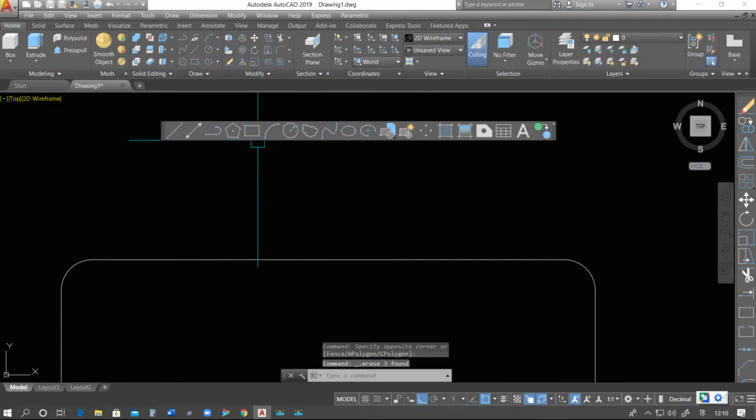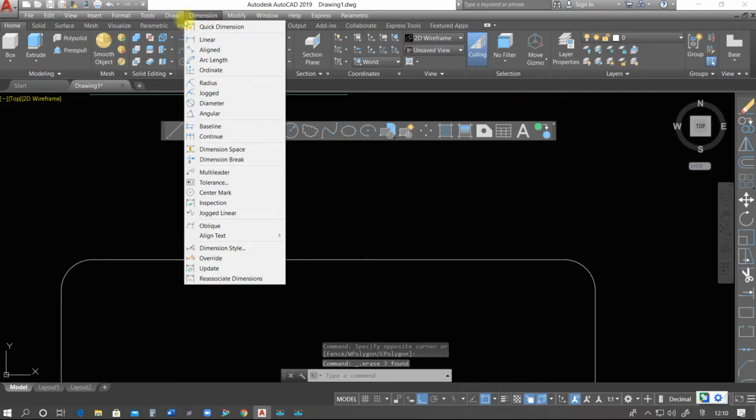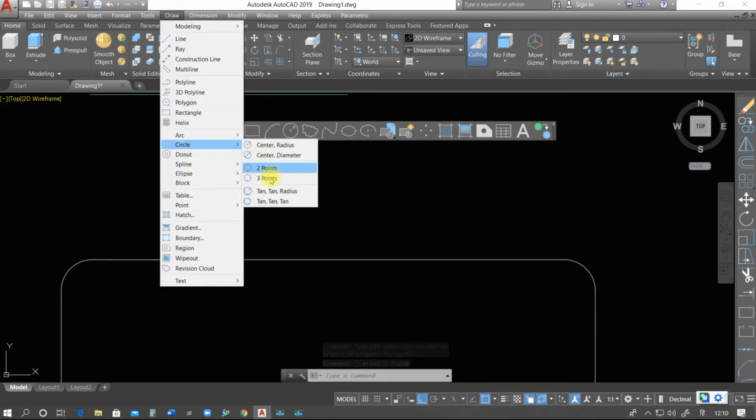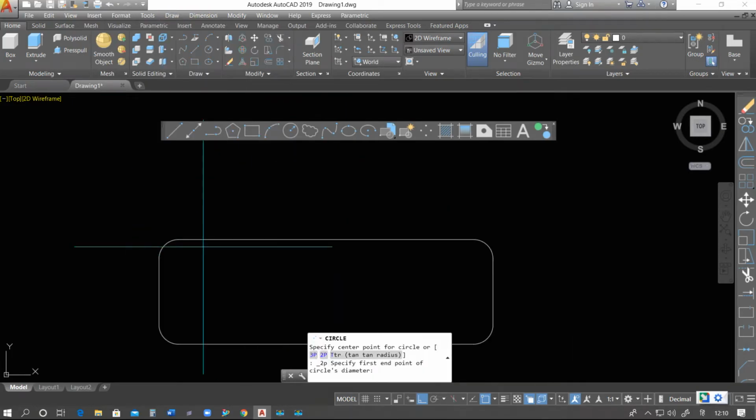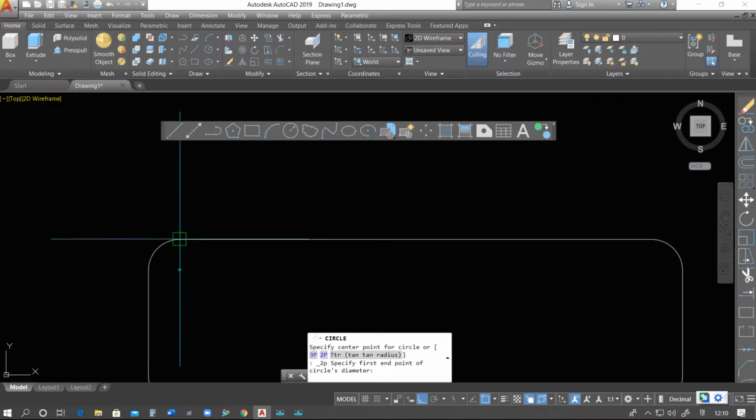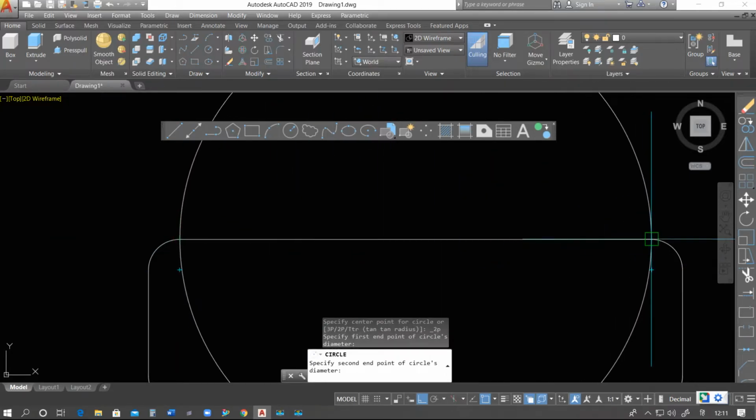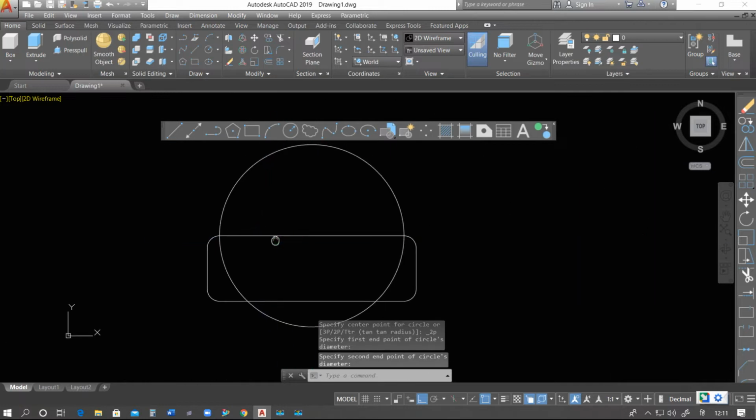Next option is 2-point circle. Go to draw, there is the option 2 point. Suppose I don't know the dimension of this line, so how will I specify the diameter and radius of the circle? For that we use 2 points. Suppose select the first point and somewhere here the second point. So this is how to use